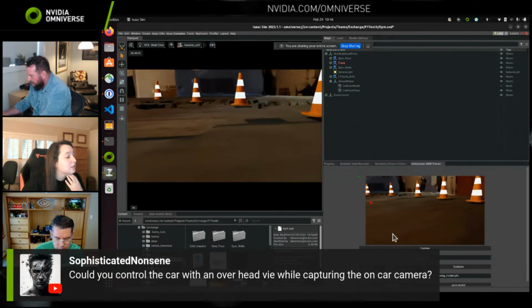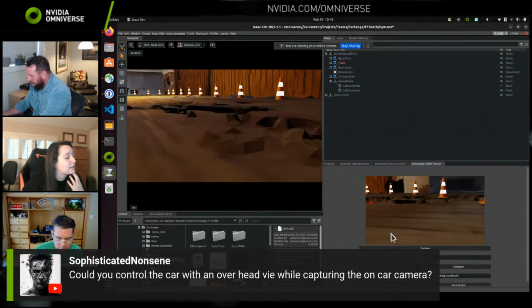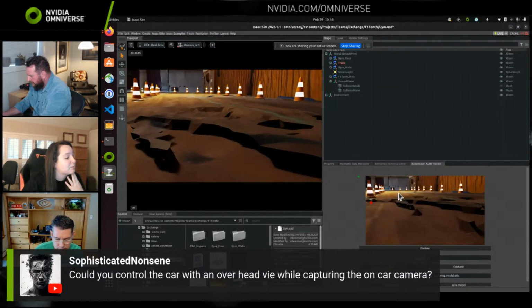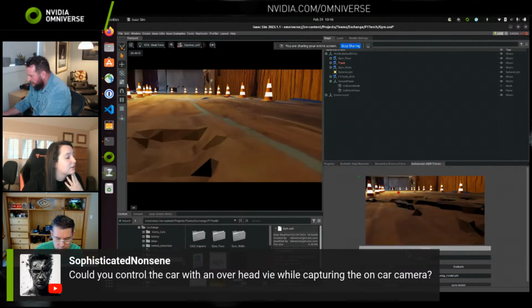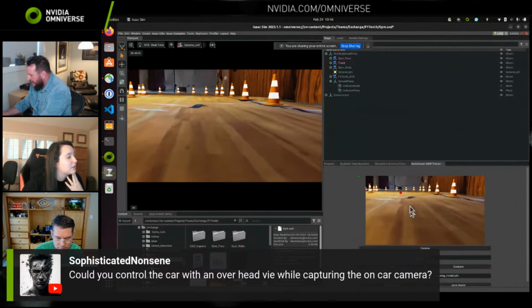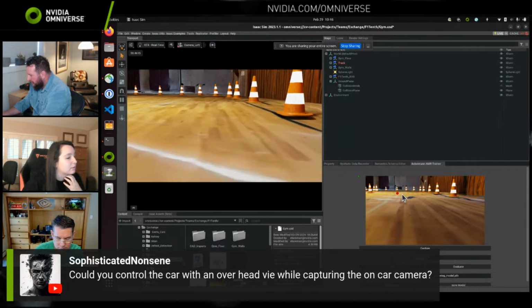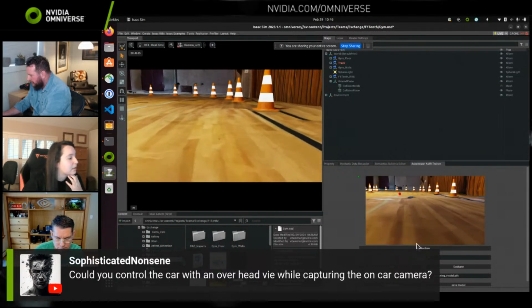Let's see here. Could you control the car with an overhead view while capturing the on-car camera? Yeah, you probably could, but it might be hard to annotate, right? I would agree with that.